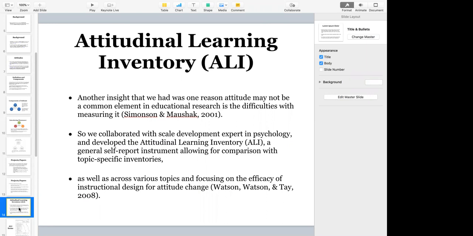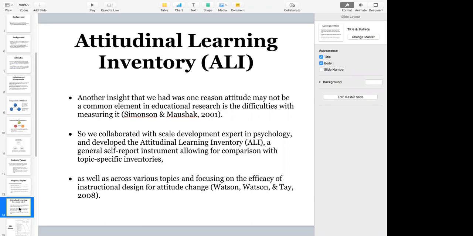So we collaborated with a scale development expert in psychology at Purdue and developed the Ali scale, the Attitudinal Learning Inventory Scale, a general self-report instrument allowing for comparison with topic-specific inventories. So when we say, okay, how much do you believe that health and nutrition makes a big difference in you and your life, those types of